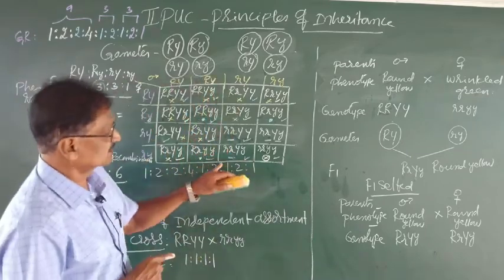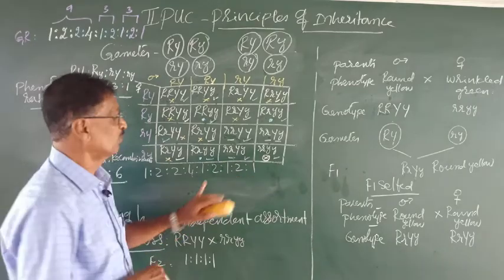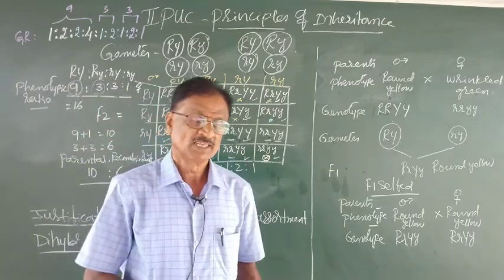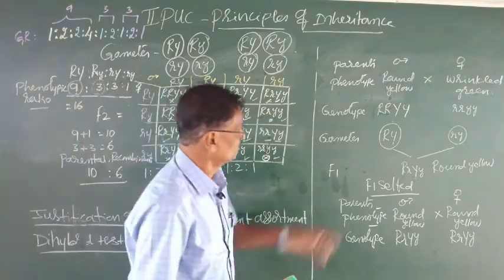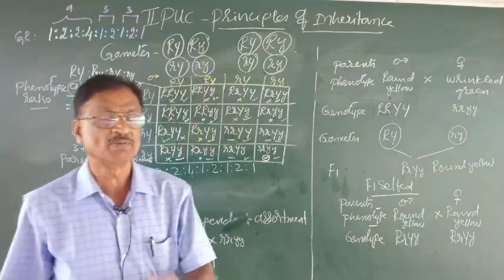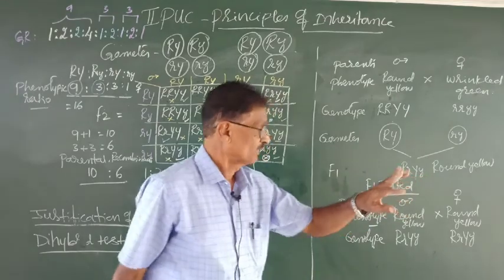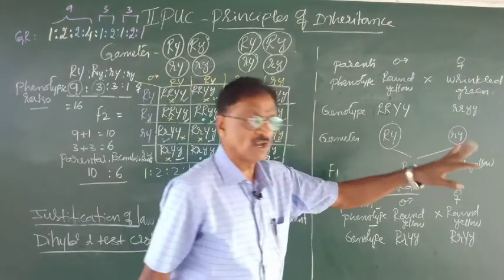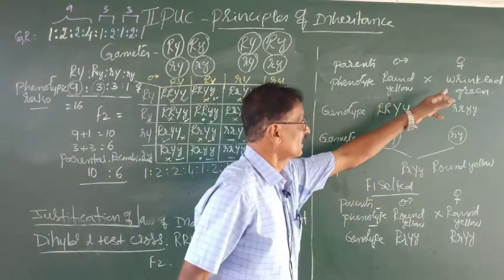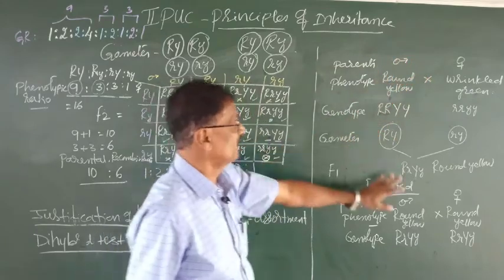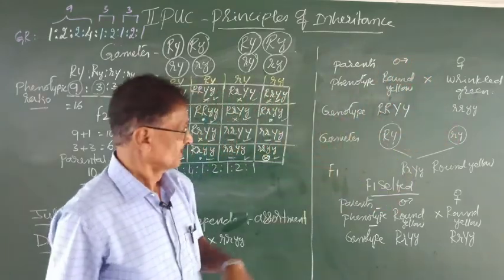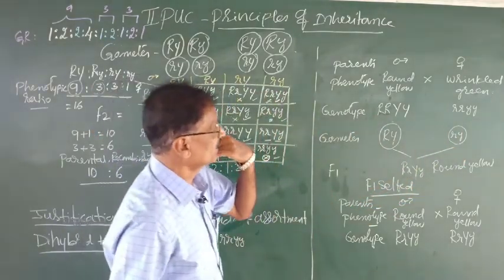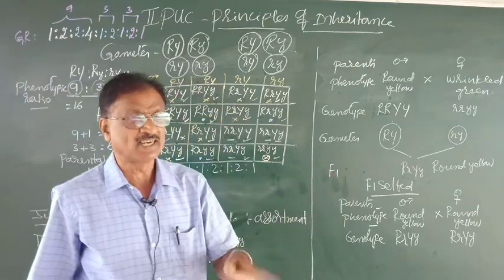So by studying this, it is possible for us to prove what? The law of independent assortment. How can it be justified? It can be justified simply like this. Observe the schematic representation of the dihybrid cross. In the F1 generation, what did you come across? Only round yellow. We fail to observe wrinkled green, even though it is one of the parental characters. All F1 plants are round yellow. So we think that the wrinkled green character is totally eradicated.